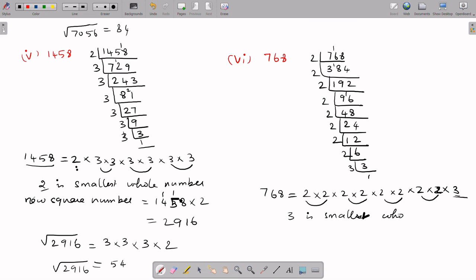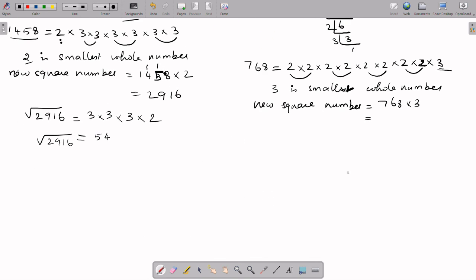When you multiply this problem, 768, by this 3, you get a perfect square. Okay. So the new perfect square, the new square number, how will you obtain it? That is our problem, isn't it? So we have to multiply 768 by 3. Okay. When you multiply 768 by 3,